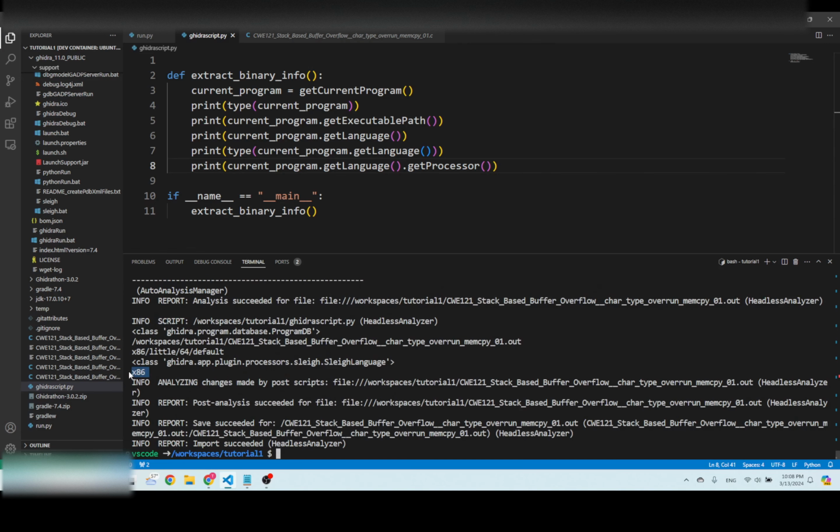Okay, it says that it's x86 64 family, and okay, now the other information is the format of the